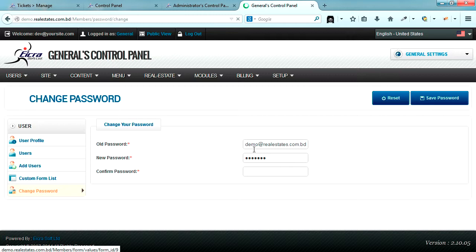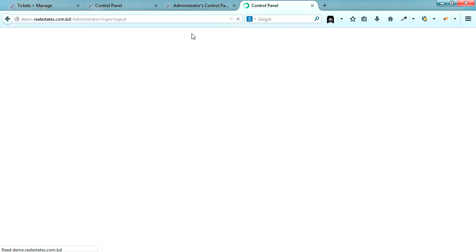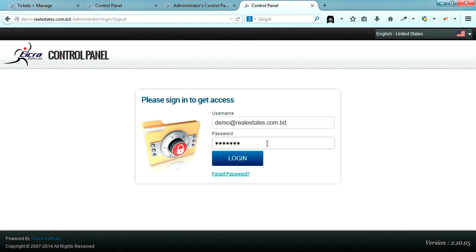You can see you log in as a general, and public view and logout. So this is your default username, change password, confirm password, and here you can log out. So now I am logging out as a user. I logged out,